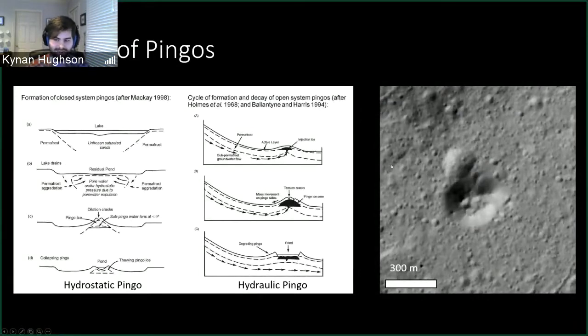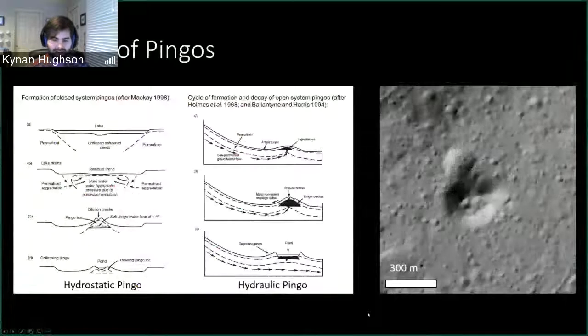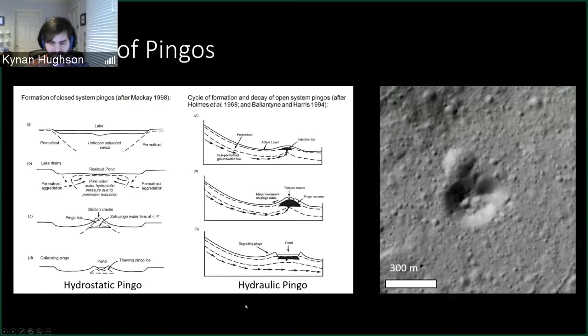So pingos can form on Earth in one of two ways, either hydrostatically or hydraulically. So in the case of a hydrostatic pingo, also known as a closed system pingo, you typically start out with an unfrozen region within permafrost called a talik, typically like a thermokarst lake or a body of water, such as in this first cartoon, subfigure A. And then as the permafrost encroaches and aggregates towards it, it freezes and the pore water is expelled out as ice forms and volumetrically expands. And that creates this hydrostatic gradient, forcing water towards the center of these unfrozen regions, where eventually it is forced upwards along the path of least resistance, injected, supercooled, freezes, and forms this ice core that eventually uplifts,